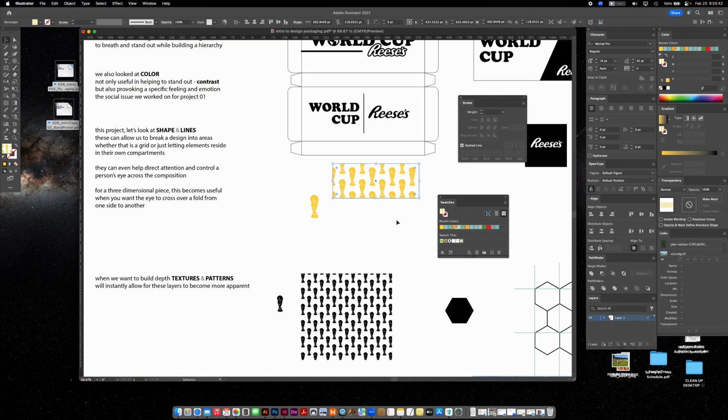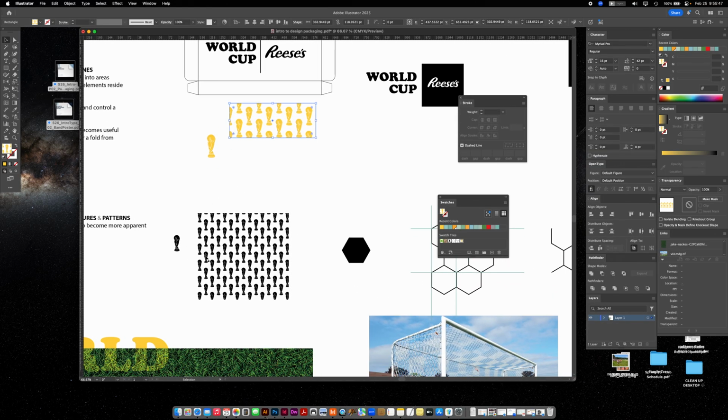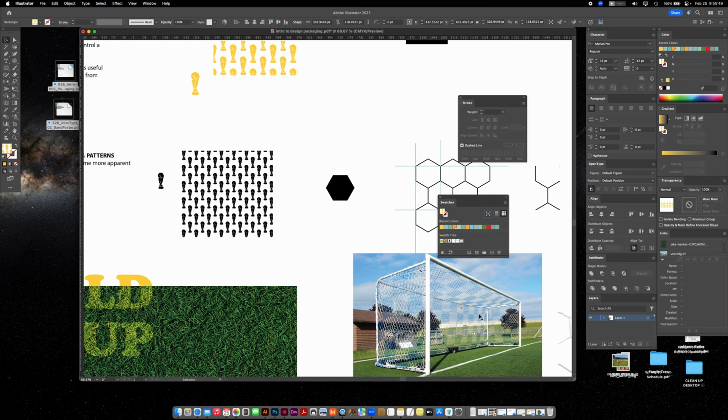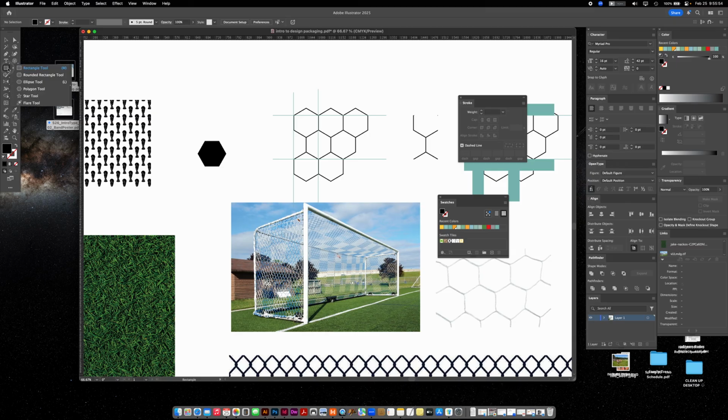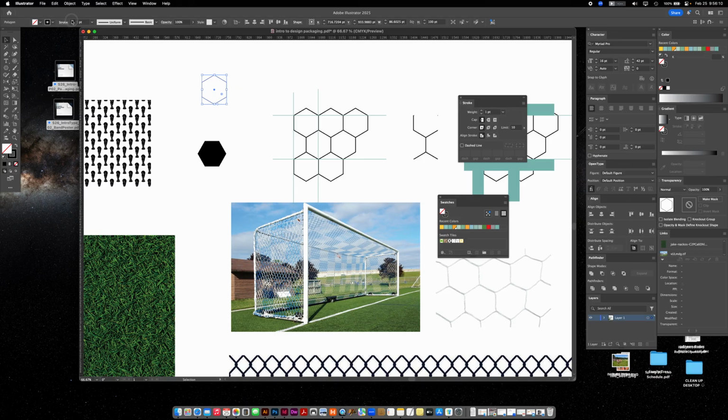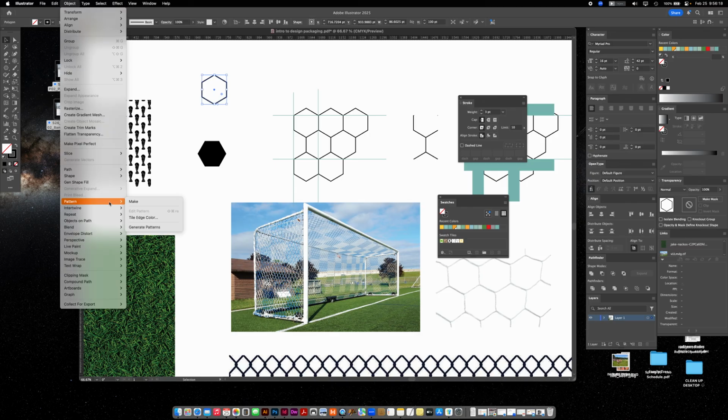Okay? Now, it doesn't always work that simply, right? So let's say I want to have the pattern of this goal. I'm going to create my own hexagon. So I'm going to use the polygon tool. I'm going to click on the screen, 6 sides, and then hit OK. All right, so now I'm going to rotate it, and I'm going to make it an outline. And then I want it a little bit thicker, and I'm going to do the exact same thing that I just did with this. Okay, I'm going to object, go to pattern, go to make,